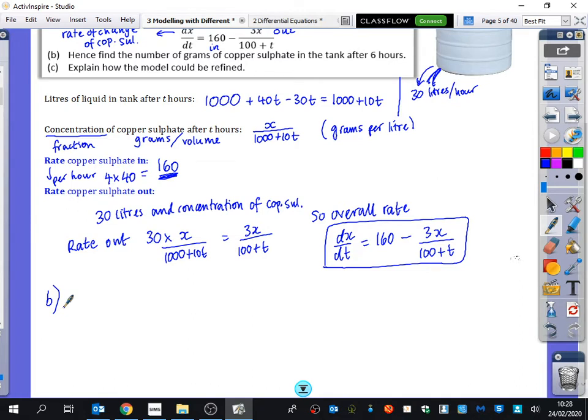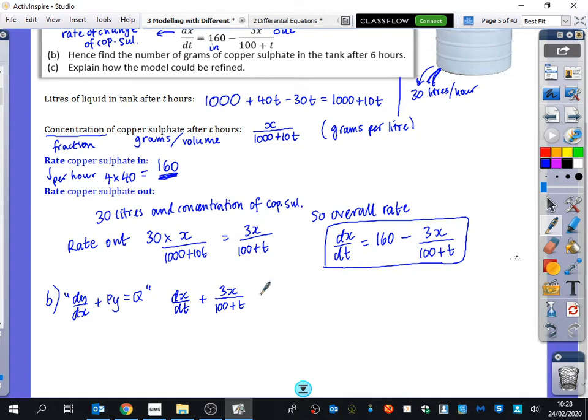What form does this look like? Is this separating the variables? No, because of the plus or minus bit. So what do I need to rearrange it to look like? dy dx plus p of x y equals q. So we're going to need to do an integrating factor. So we have dx dt plus 3x over 100 plus t